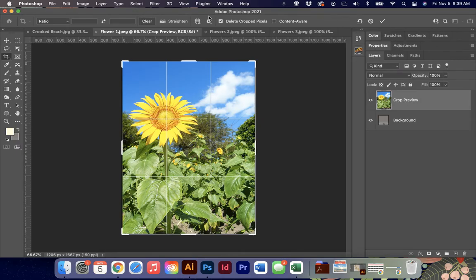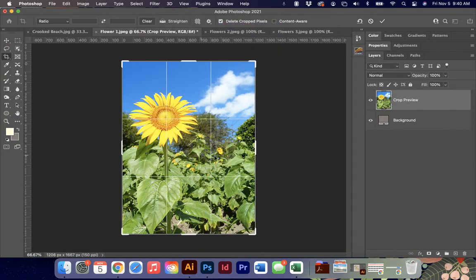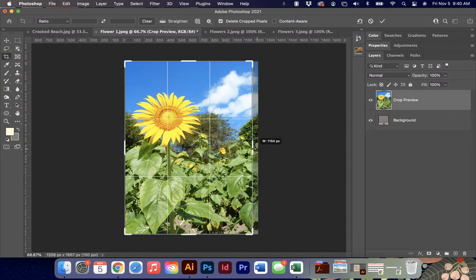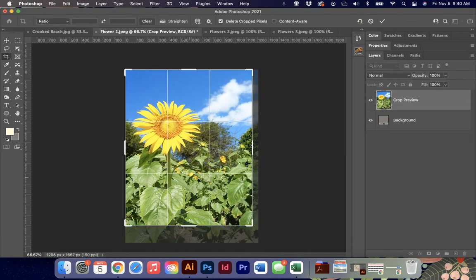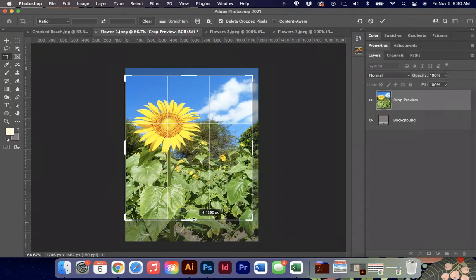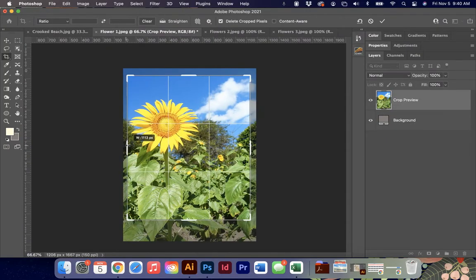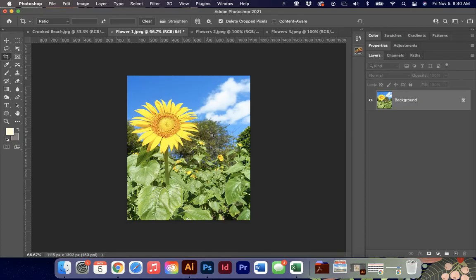Now you'll see that I have this grid, and I'm going to change this, and I'm going to show you that you can adjust the grid as you want to, depending on what it is maybe you're looking for. But we're going to do rule of third, and I'm going to use my rule of third to help me make sure that my subject here is lined up on this kind of grid. I like to ensure that my grid here is going to be right at the center of my sunflower, and I'm just going to move this using these kind of grid lines to help me until I get it right about the way I want it to look and compositionally. Again, I'm just going to hit the check mark to get that cropped, and I'm going to save my image